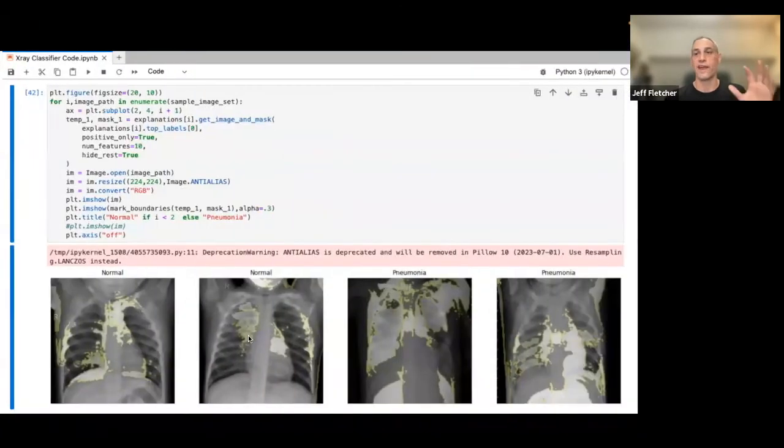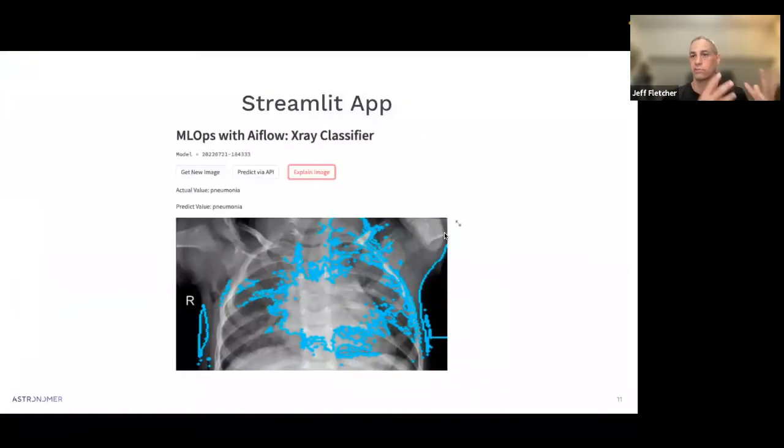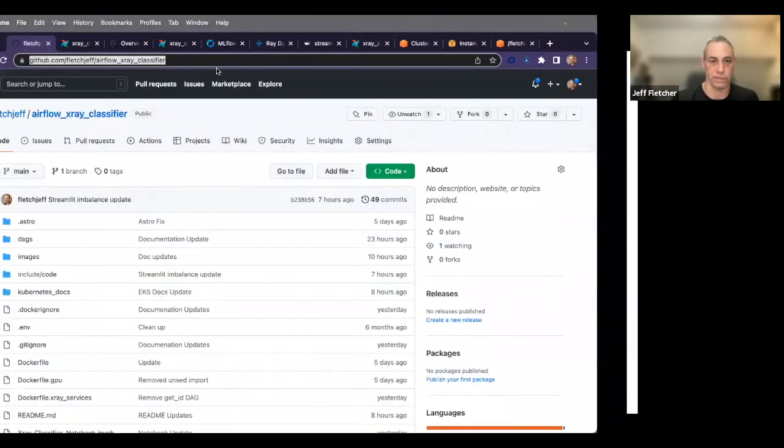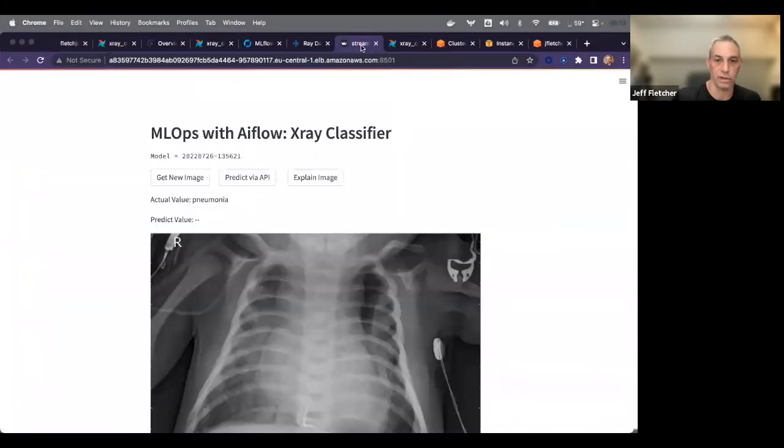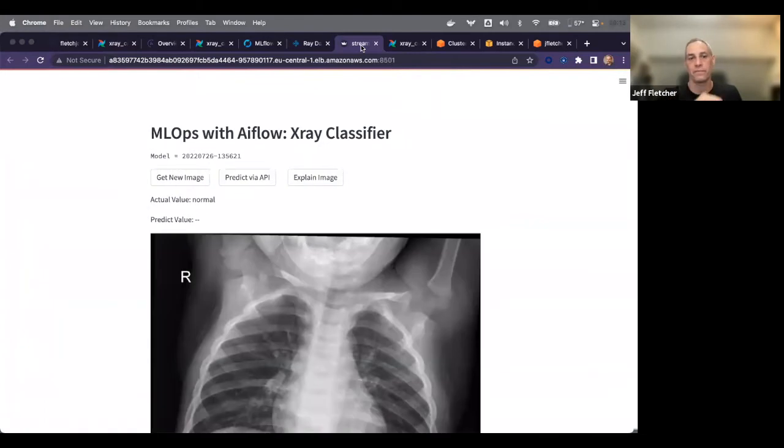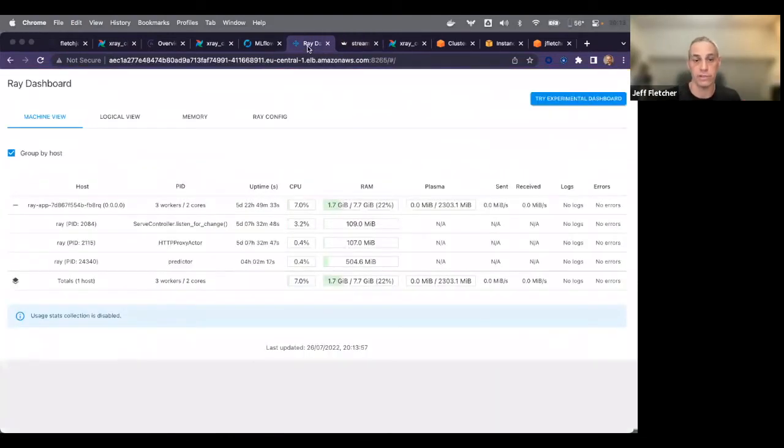And the end result that we're going to get to is an application that's running that can make a prediction for a new image. If I go here, there's a Streamlit application that comes up. This is the live Streamlit application. It's currently running, and it chooses a random image. When I say predict via API, it sends this image off to a Ray server,